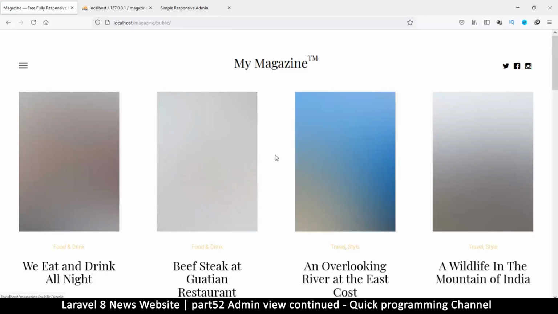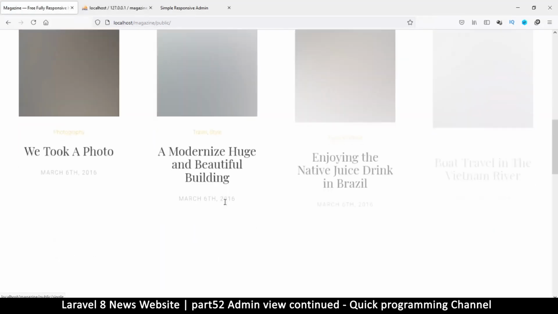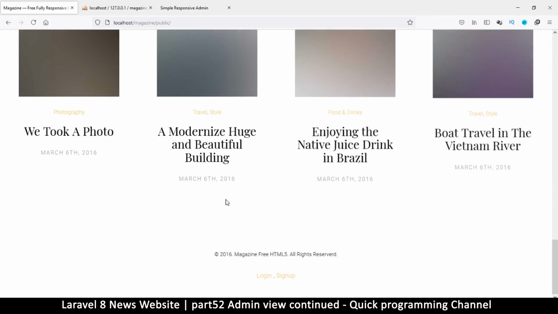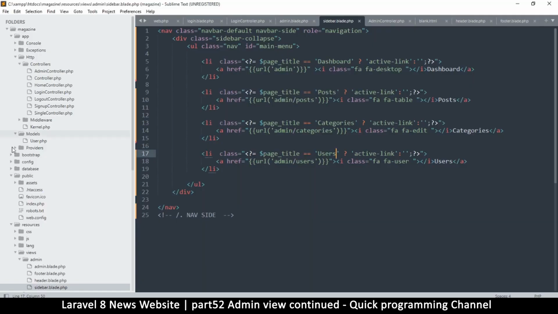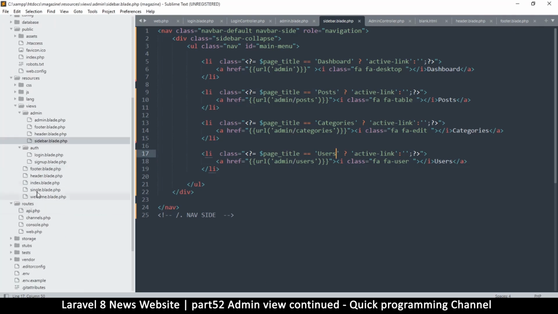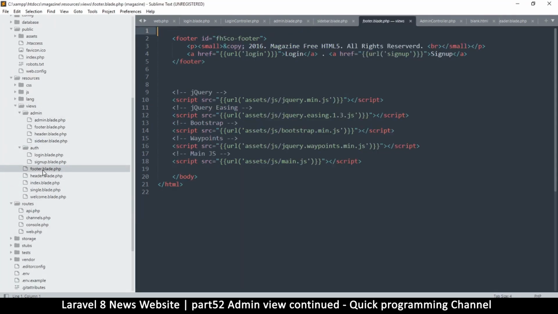Very nice, very nice. And now I need a link to the admin page, which I can add if I go to my footer. And this is the footer for the, not inside the admin page, but down here, footer.blade. And then right where we had added login